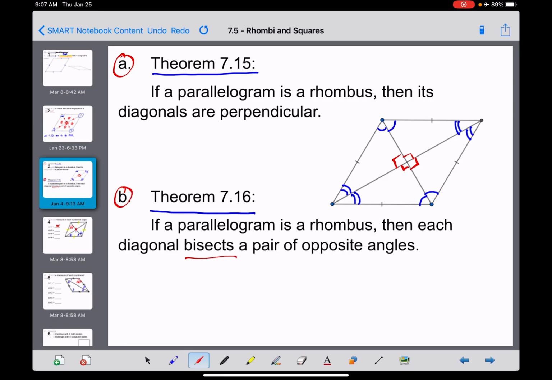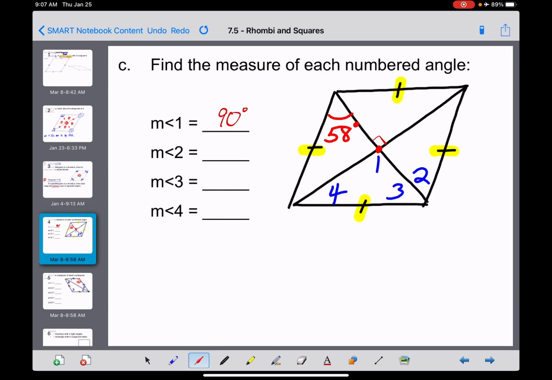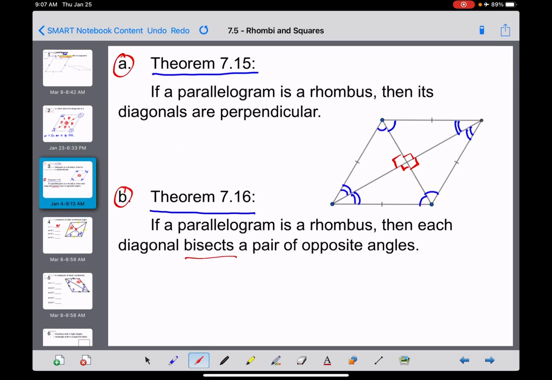When your parallelogram is a rhombus, each diagonal bisects a pair of opposite angles. Now let's see here, guys. The one angle that we knew was this 58-degree angle right here. So I'm kind of talking about this angle right here, and I want you guys to notice these 2 angles have to be congruent, and these 2 angles in the opposite corner, all 4 of those need to be congruent